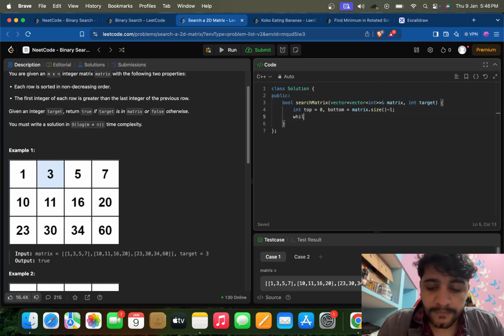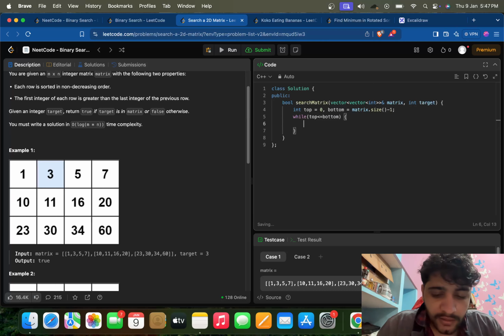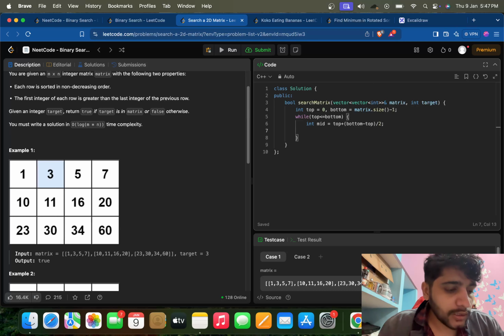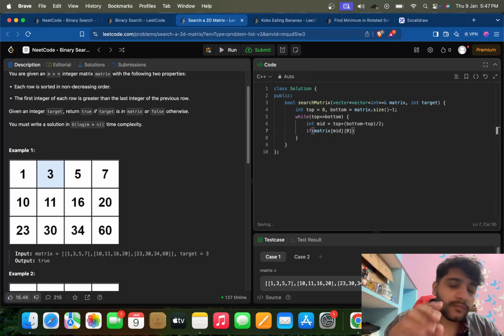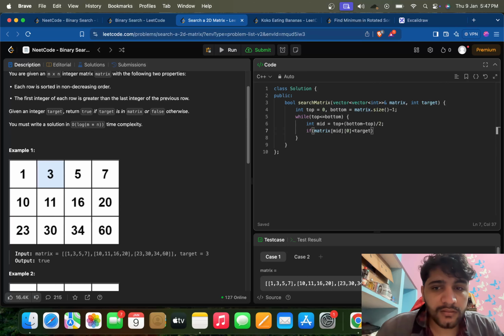So while top is less than or equal to bottom, what we can do is int mid is top plus (bottom minus top) by 2, and if matrix[mid], this is the row, column is 0, matrix[mid] row is less than target,